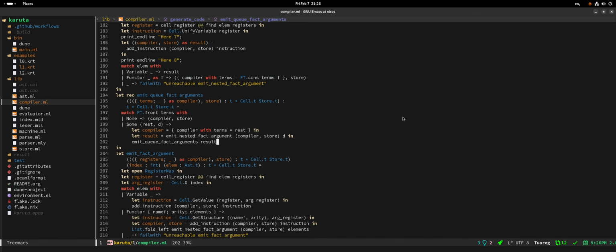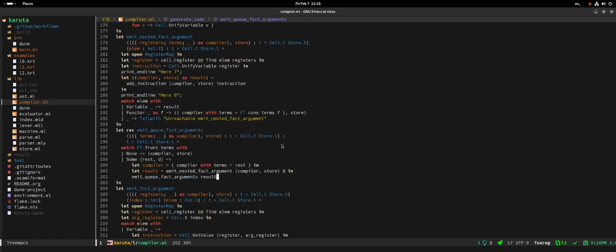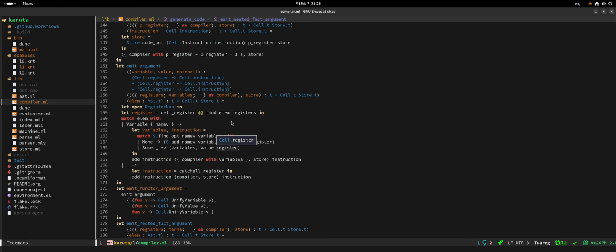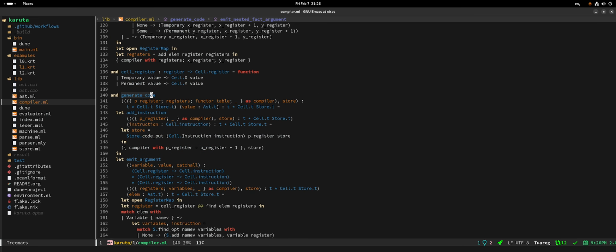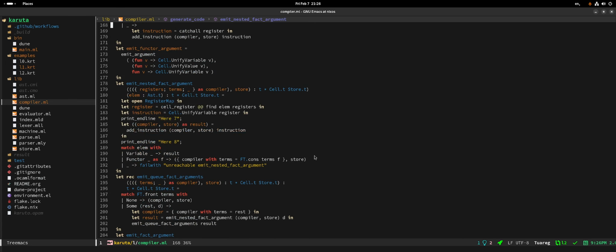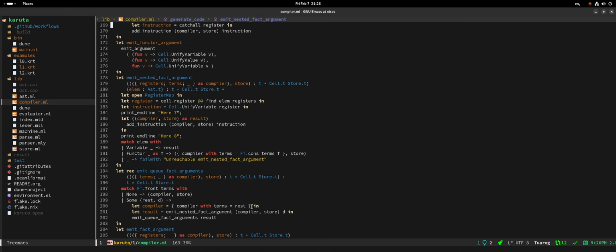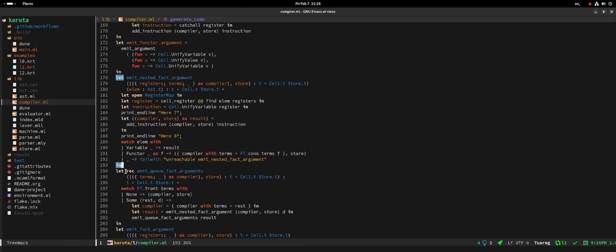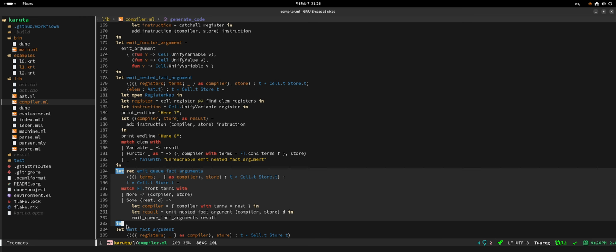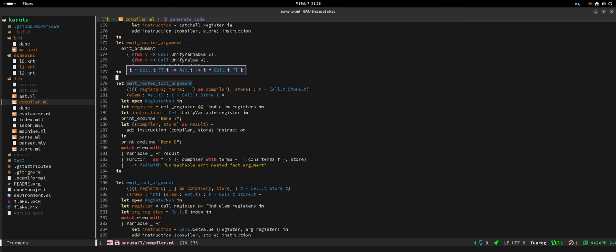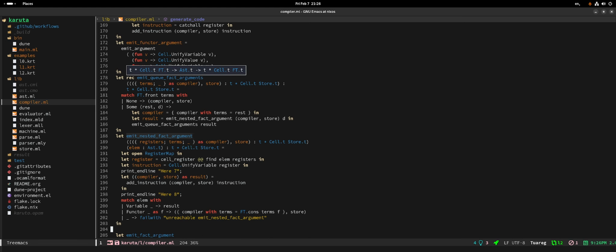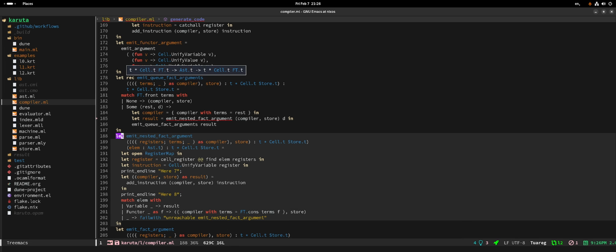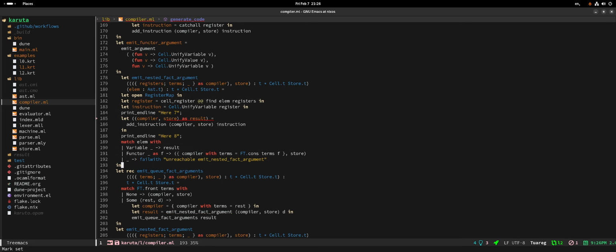Okay, let's do it this way. Let's make it work first, and then later on, because this function needs to go away from here. This is at this point a 200 line function. So this needs to move away. We need to separate things better. But for now, actually, first I'm going to move this up here because now they are not related anymore. And I'm going to copy this thing and make the queue nested.